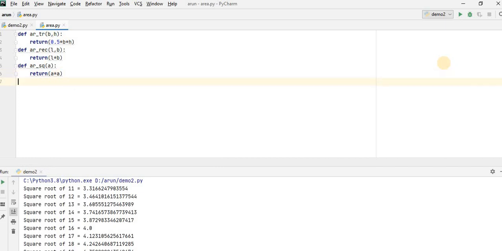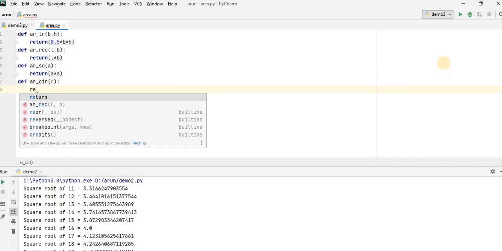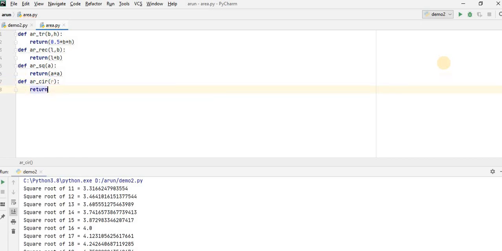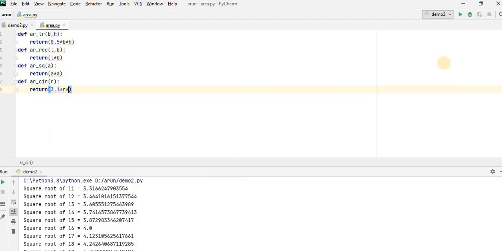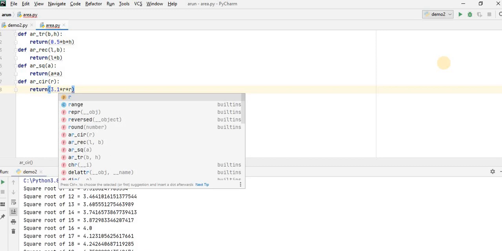And next, area of a circle: we need only the radius here, and it will return 3.14 into r into r, pi r square.